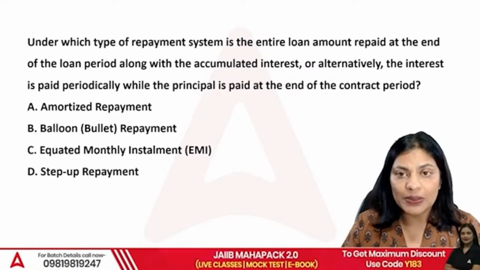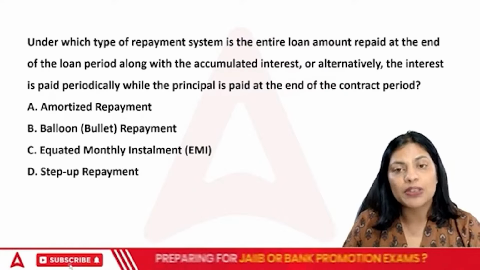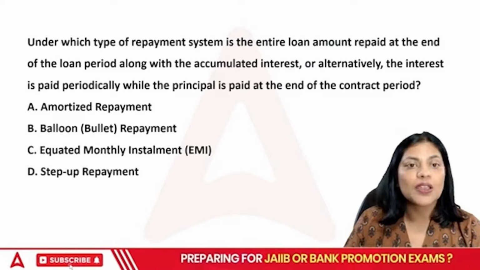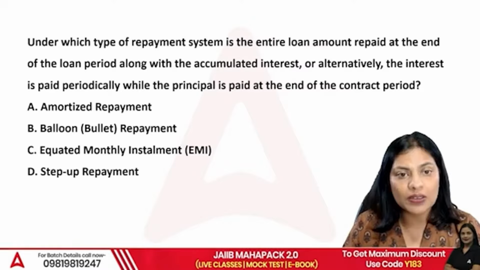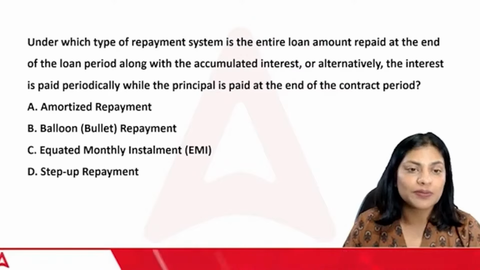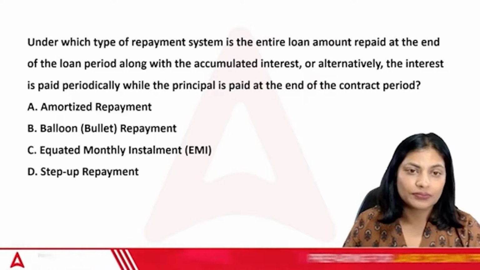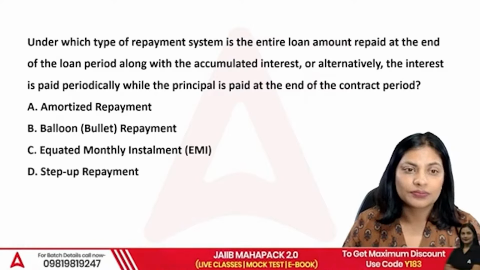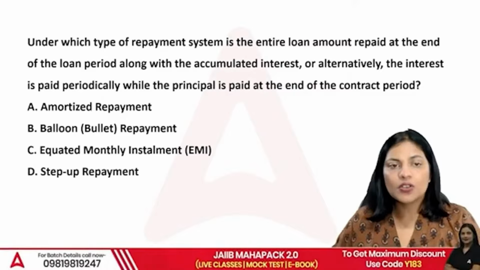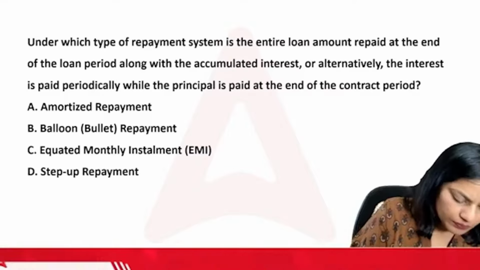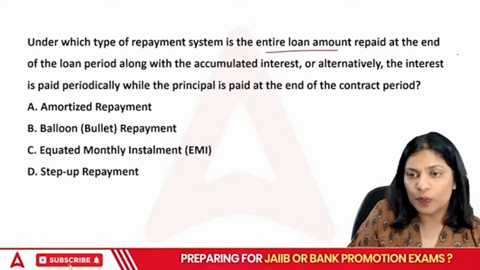Then, under which type of repayment system is the entire amount repaid at the end of the loan period along with accumulated interest, or alternatively, the interest is paid periodically while the principal is paid at the end of the contract period? So it is amortized repayment, it is balloon repayment, it is equated monthly installments, or sinking fund repayment. What do you think would be the right answer? The right answer here would be, it says the entire loan amount is repaid at the end of the loan period, right? So it would be